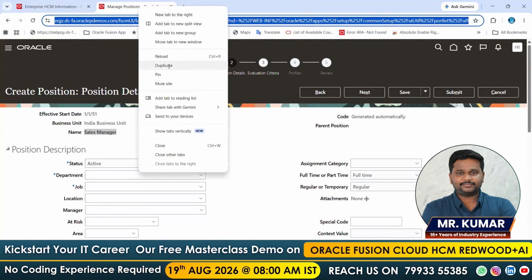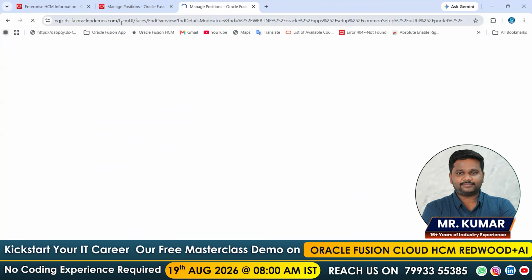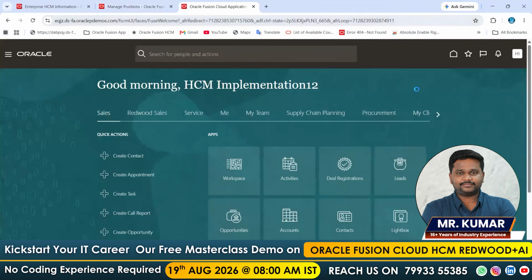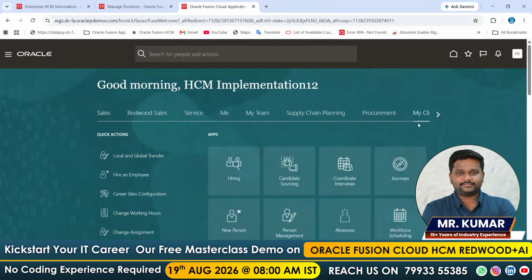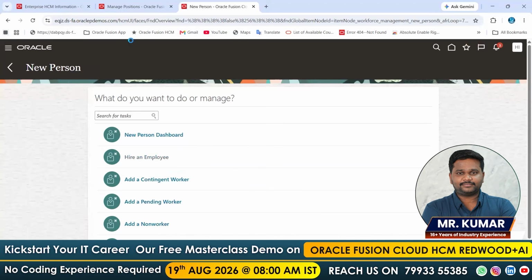Now these details we capture only when hiring employees in the front end. For example, we completed our core HR module configurations and handed over the system to the client. Now they are using it in their day-to-day HR activities. Today HR wants to hire an employee. So whenever HR comes to My Client Groups, New Person, and hires a new employee in the system,